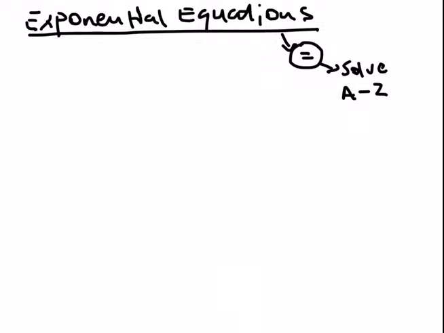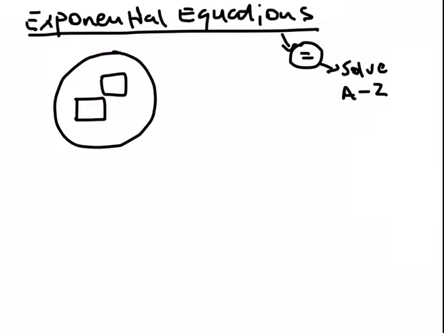again, the word exponential should just remind you that you might expect that letter to be in the position of the exponent. Remember, a power is structured in this format where you have the base and then you have an exponent. This is called a power. So this is where you are now going to be having your A up to Z. So just be aware of that. Maybe let's start with our first problem, and then you will have an idea of what I'm talking about as